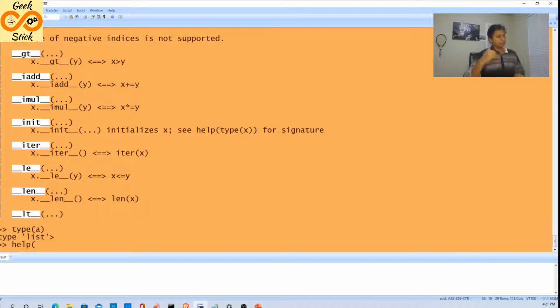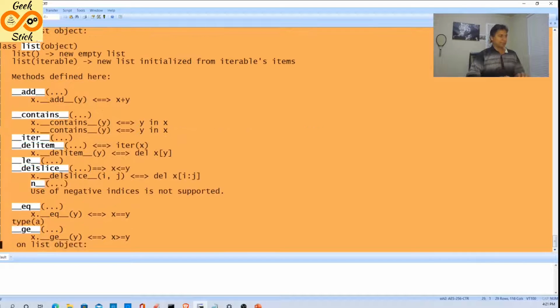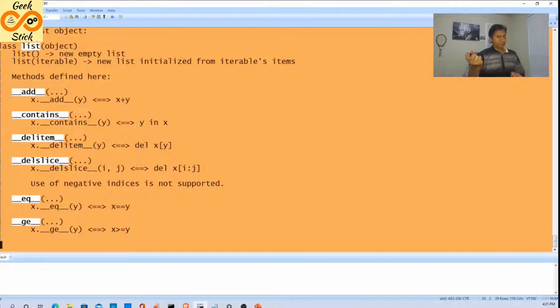Instead of finding the type and then asking for help, I can give A directly, because the Python interpreter will identify the type of A and give the respective help.